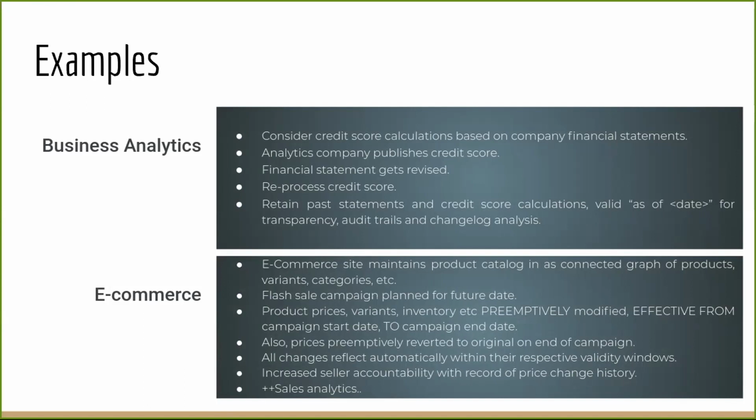And they want to keep all this information ready much before the actual sale takes place. And now they can do this preemptively and not worry about these new prices suddenly reflecting in their system before its time. And that is because these new entries have been made with an appropriate effective valid date. So they made these changes, and as soon as the campaign start date begins, without requiring any change to the application layer whatsoever, these new prices are immediately reflected in the system. And they can be also set in such a way that when the campaign ends, the new prices stop being effective and are again replaced by their initial or their older prices.